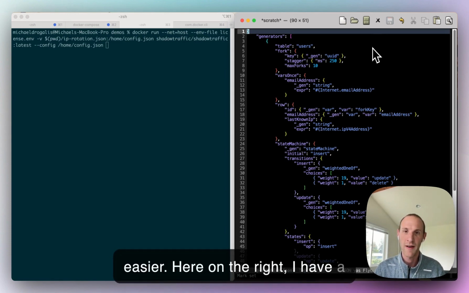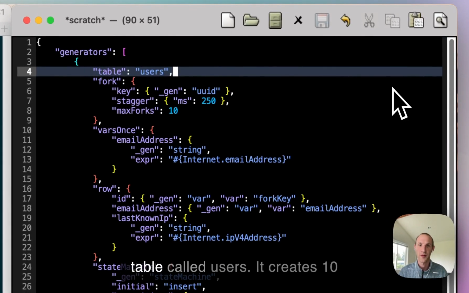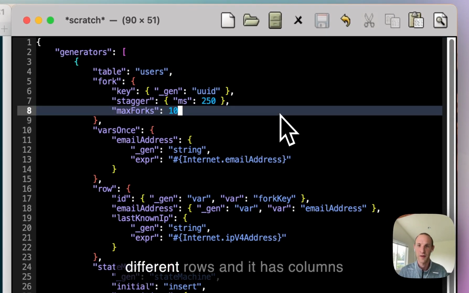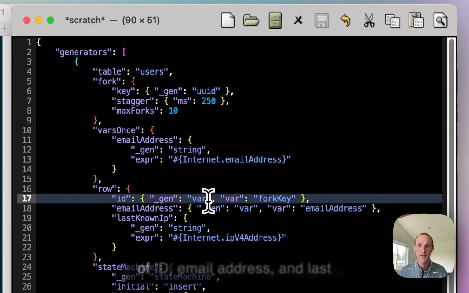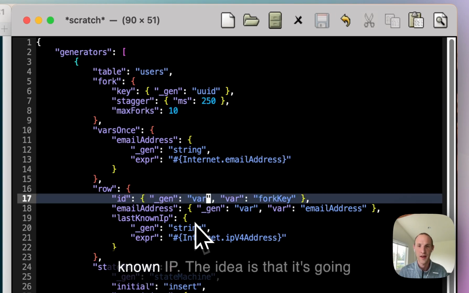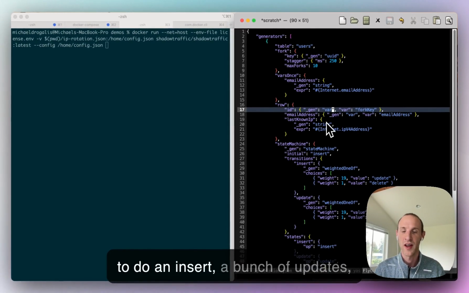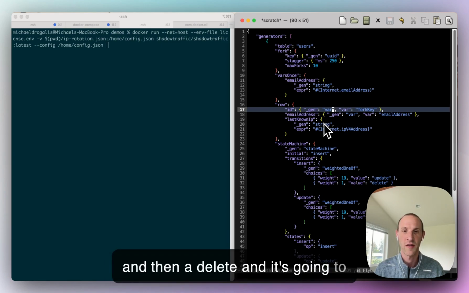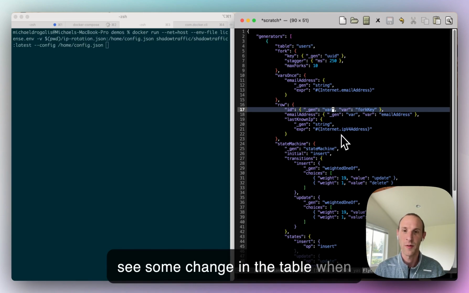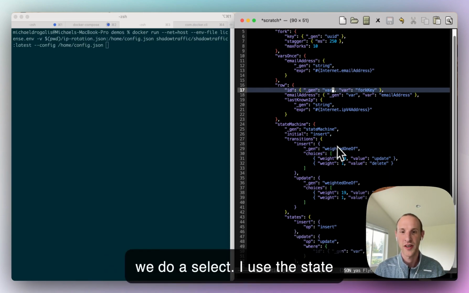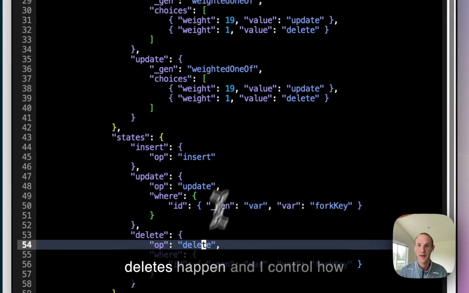Here on the right, I have a generator that sends data to a table called users. It creates 10 different rows, and it has columns of ID, email address, and last known IP. And the idea is that it's going to do an insert, a bunch of updates, and then a delete, and it's going to rotate the IP address so that you can see some change in the table when we do a select. I use a state machine to orchestrate how the actual inserts, updates, and deletes happen, and I control